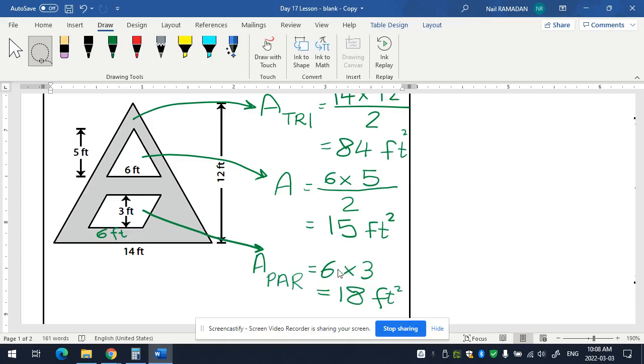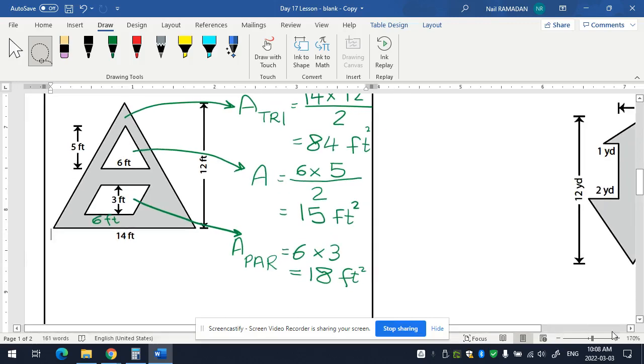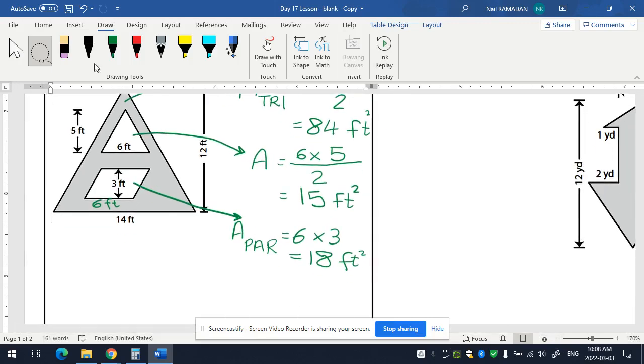What's the big number? The biggest number of all? 84. Because that's the whole thing if the gaps were not there. Nice. So my area final, let me zoom in so you can see the final step included. Area final